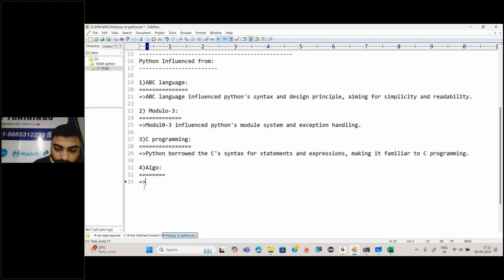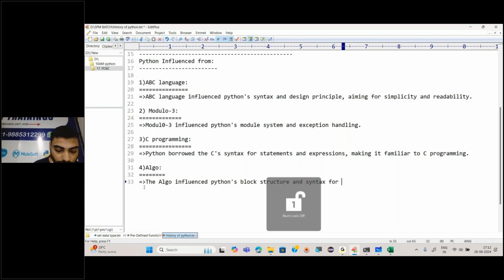So I would say ALGOL influenced Python's block structure and syntax for flow control, or control flow statements.